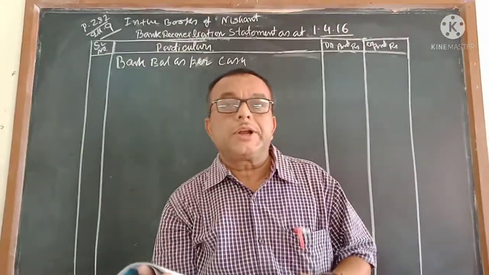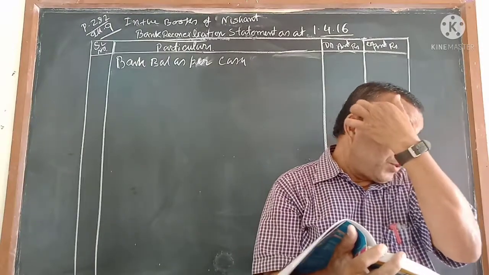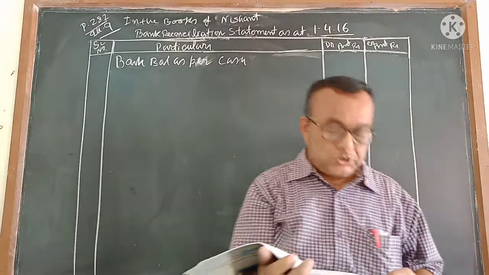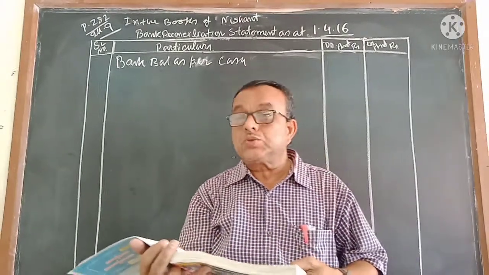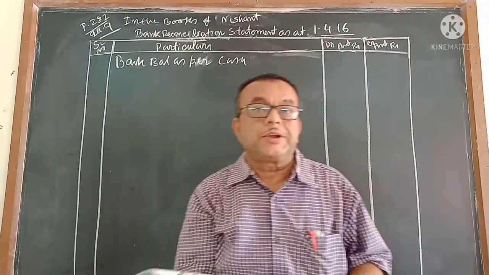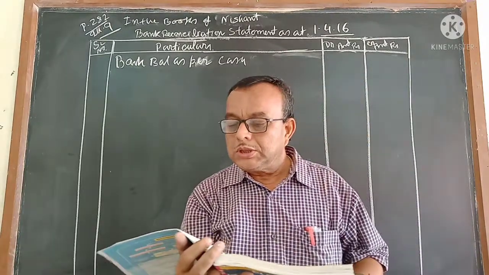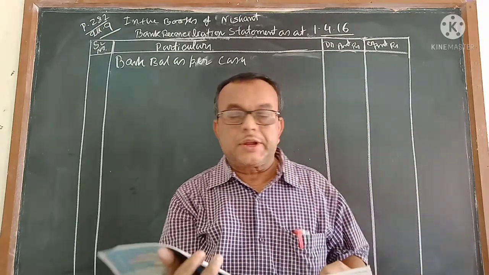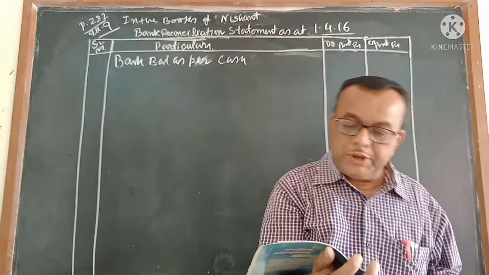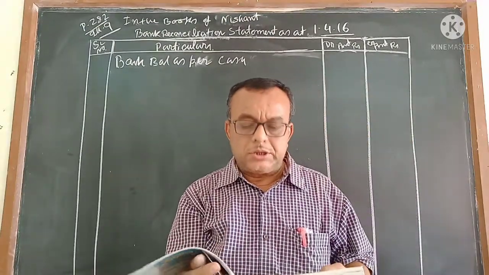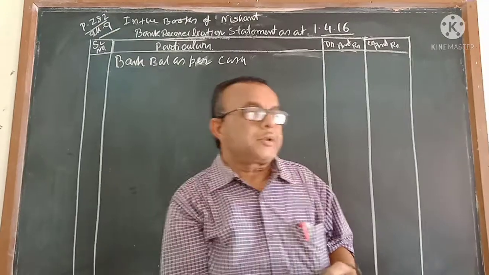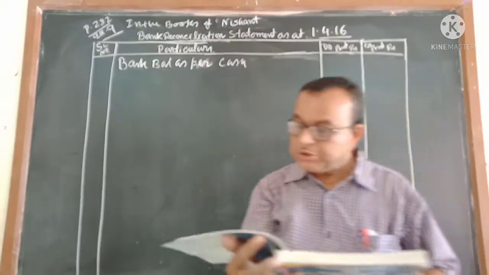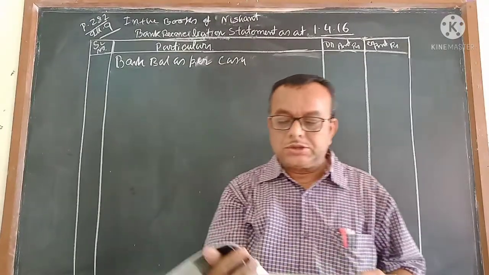The cash book is maintained by the traders, and the passbook is maintained by the bank people, that is already known to you. But the format of those two books is a little different, you see. Here the cash book has two sides, debit side and credit side, which is maintained by the traders, and in the passbook the particulars column is one, but two columns are given: one is the debit column and the credit column, and the last one is the balance column. The meanings are the same. I have to check the two books at a time, and after checking, we have to find out why the difference in balance comes, and on the basis of that we will do the bank reconciliation statement.